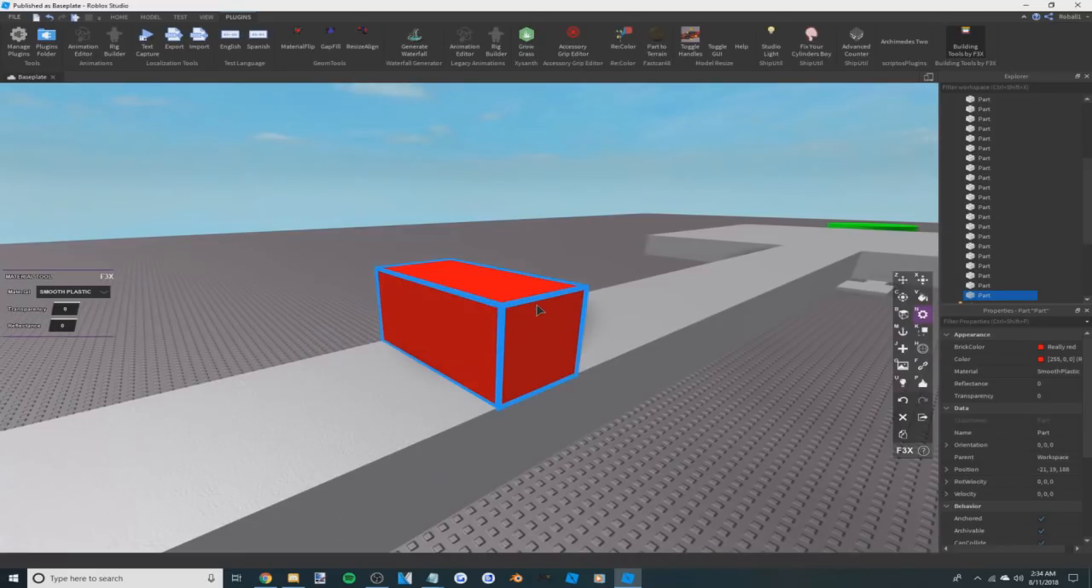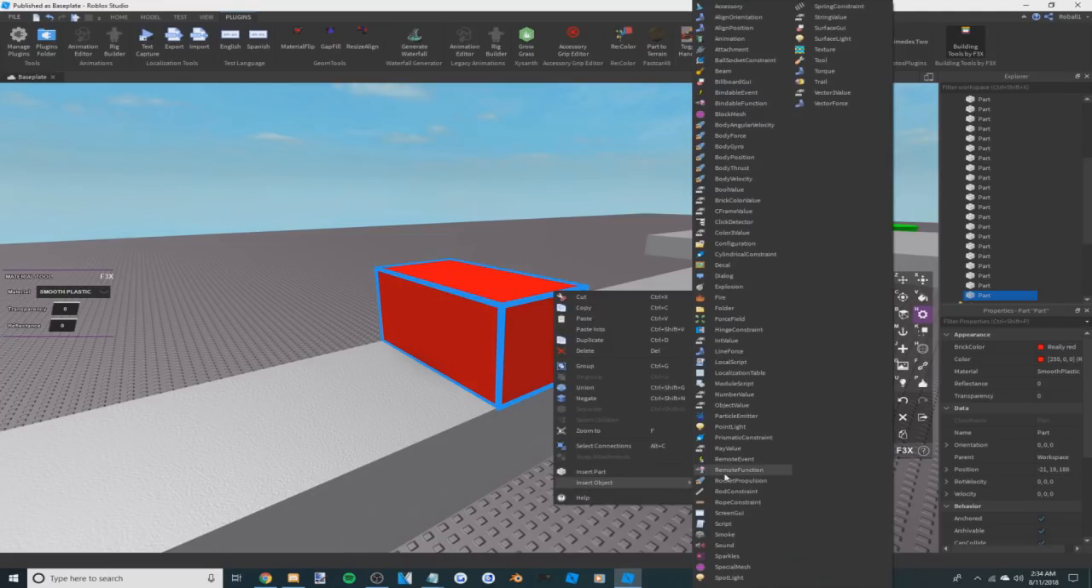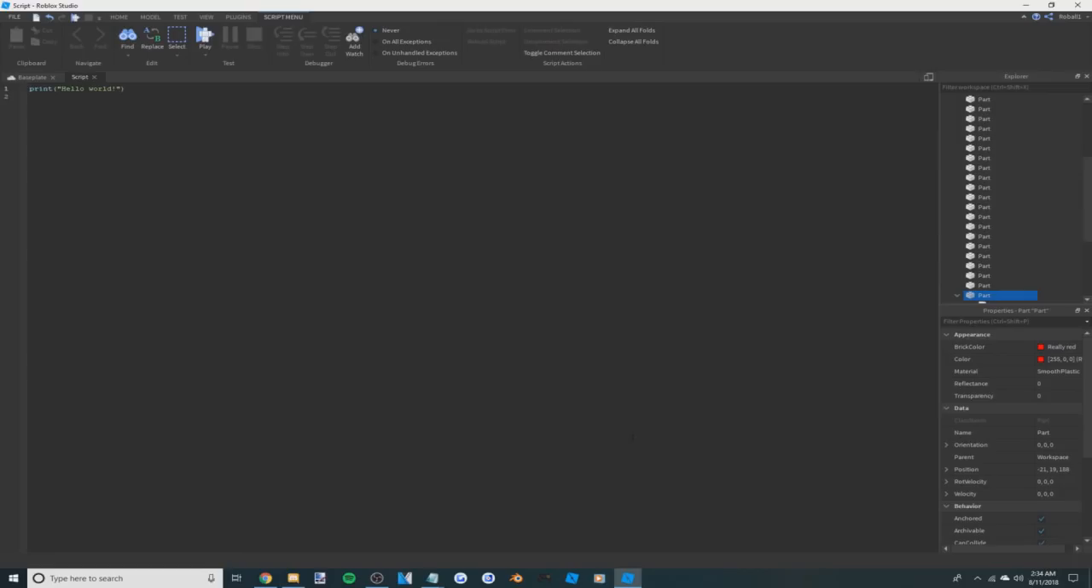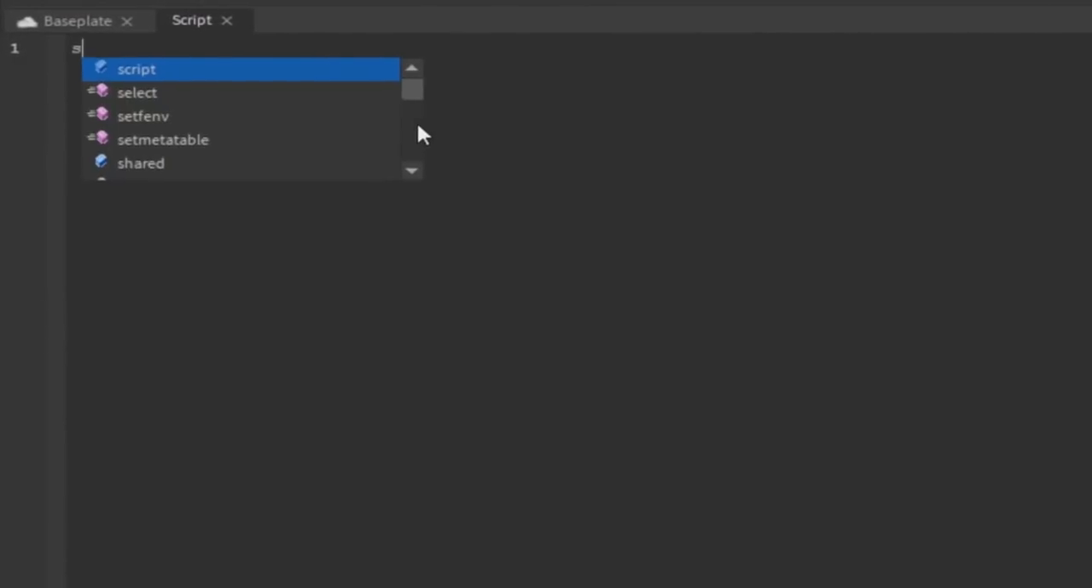Now the next thing I want you to do, guys, is go ahead and right mouse click on your part and insert object. Then once you go on to insert object, you want to go ahead and insert a script into the part. Now the script is open. What I want you to do is follow my instructions, and I'll explain a little bit after I get it typed out. So what you want to first type out is